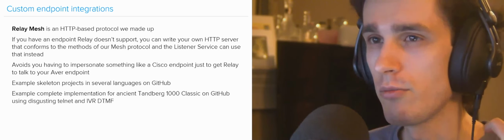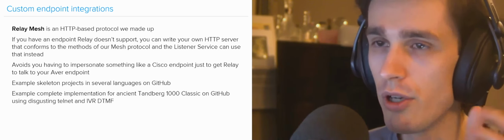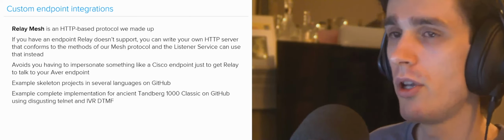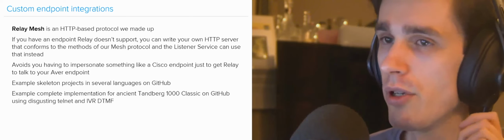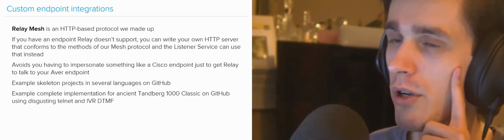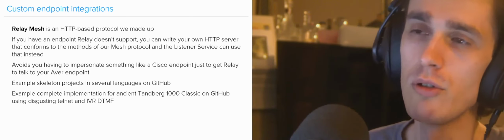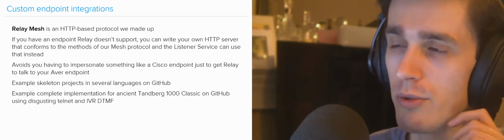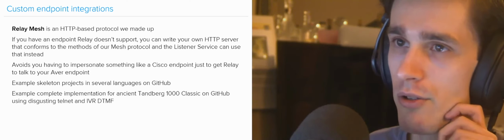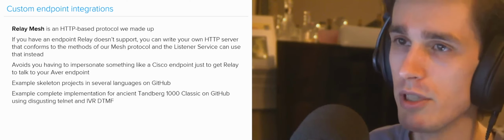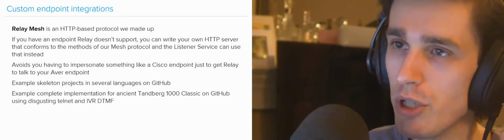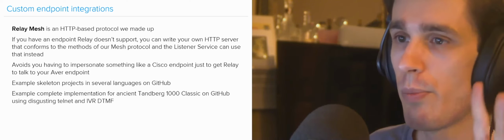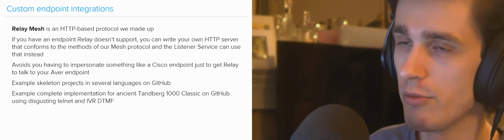We have this custom way of, if you want to do some cool stuff with an endpoint, but Relay really doesn't support the endpoint that you want to use, or you want to do something that isn't even an endpoint, or you want a listener service to treat you like an endpoint but you don't want to imitate a Cisco API. We've made this protocol that we just invented called Mesh, and it allows us to have basically a stub implementation of what a Cisco endpoint would be, or any other kind of endpoint. So if you want, you can make a web server, you can implement the methods that are defined in the Mesh protocol,